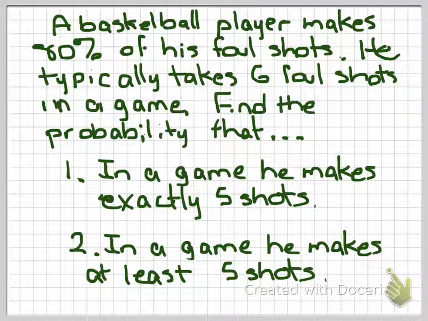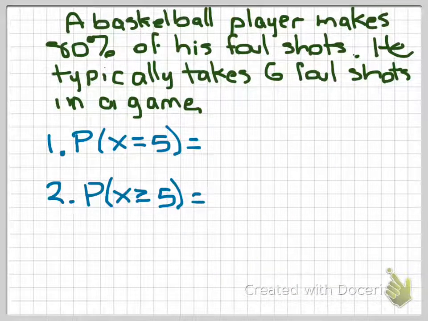If we continue with the example, let's consider the following probabilities. Same scenario, but now in a game, our player makes exactly 5 shots out of the 6 shots he takes. Or, for the second example, in a game he makes at least 5 shots, of course, out of the 6 that he takes. So let's take a look at this. This is going to be a little bit more complicated. So if he typically takes 6 foul shots in a game,